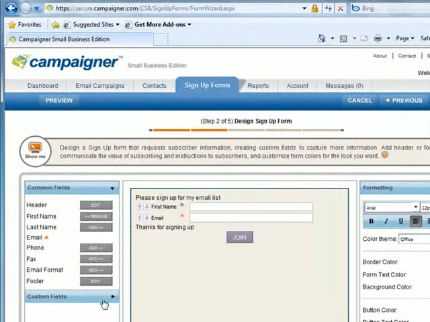And then now one of the custom fields, we haven't created a custom field. One of the things I noticed with this particular program is you have to create custom fields ahead of time. You can't create them on the fly, which is fine as long as you know you want to create them. And for me, I always have a field on here, what's your biggest problem with X? And that has really worked out well for me. Two out of three people that sign up for the list will tell me what their challenge is with whatever it is that I happen to be emailing about,